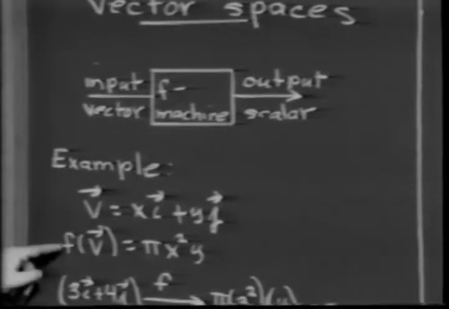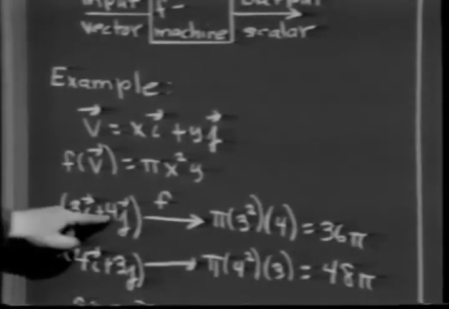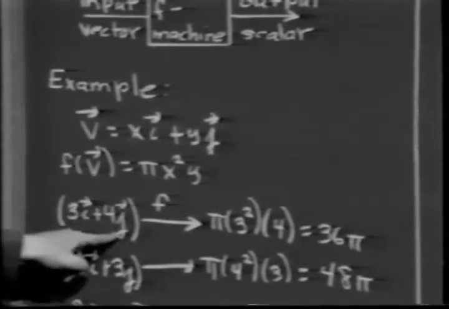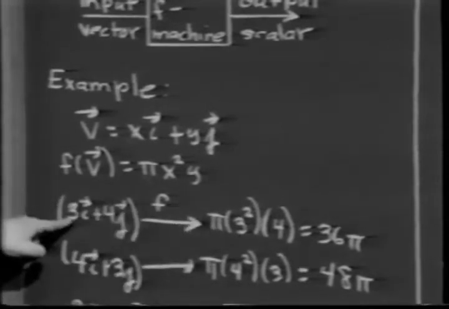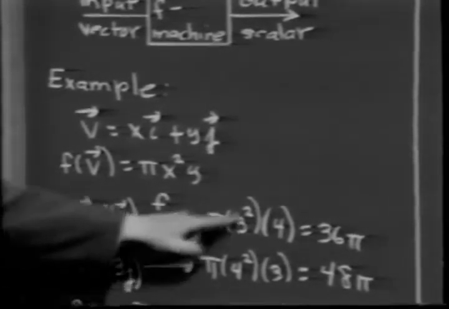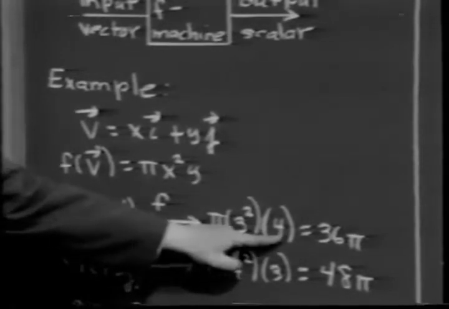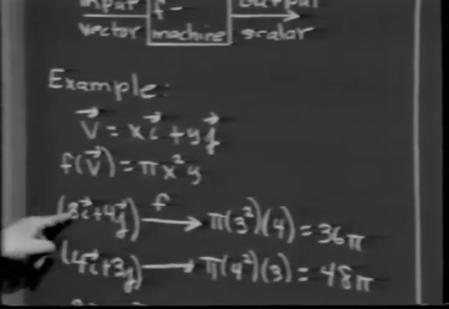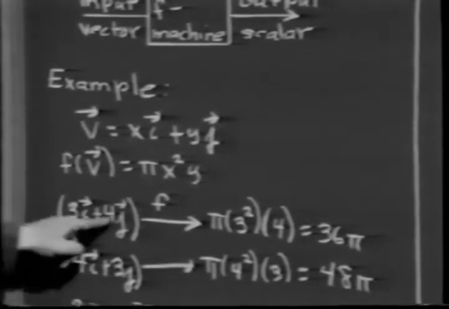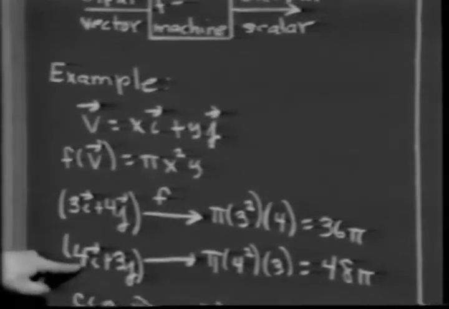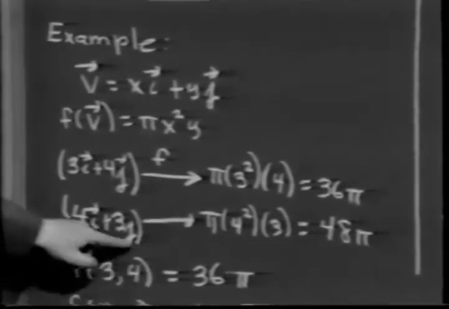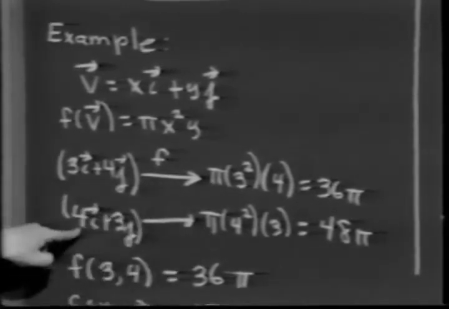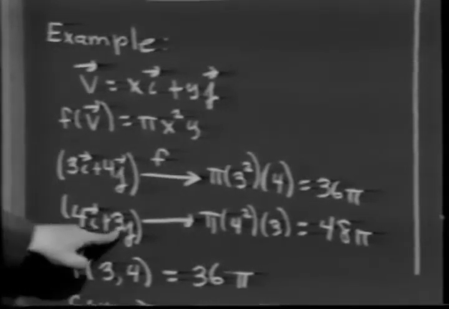Just to illustrate this recipe, notice that if our vector were 3i plus 4j, the output of the f machine would be pi times the square of the first component, the component of i, that's 3 squared, times the component of j, which is 4, and that leads to 36 pi. By the way, observe that order does make a difference. If I reverse the roles of the coefficients and feed the vector 4i plus 3j into my f machine, the output would be pi times 4 squared, the square of the i component, times 3,